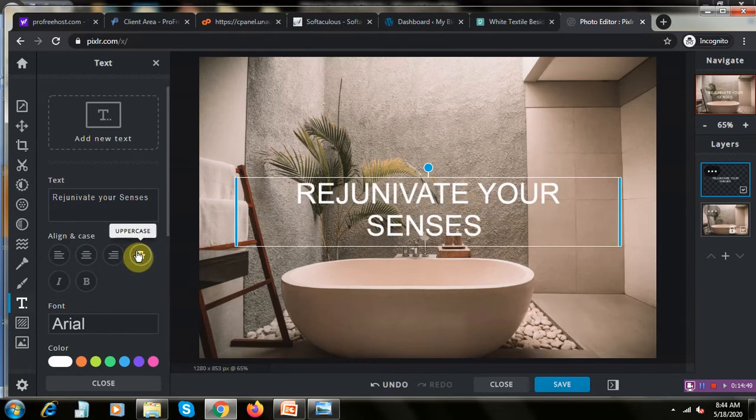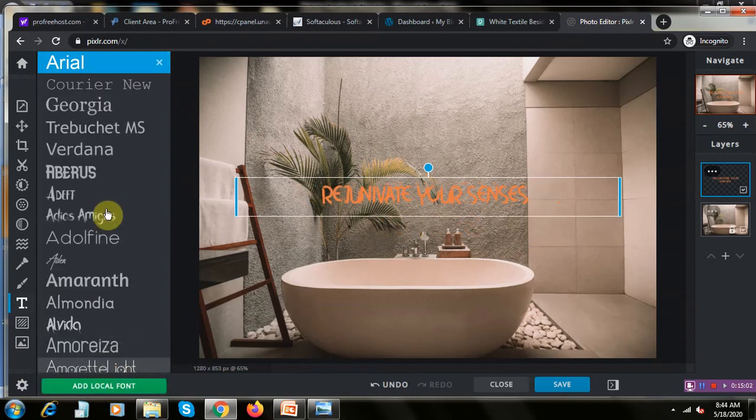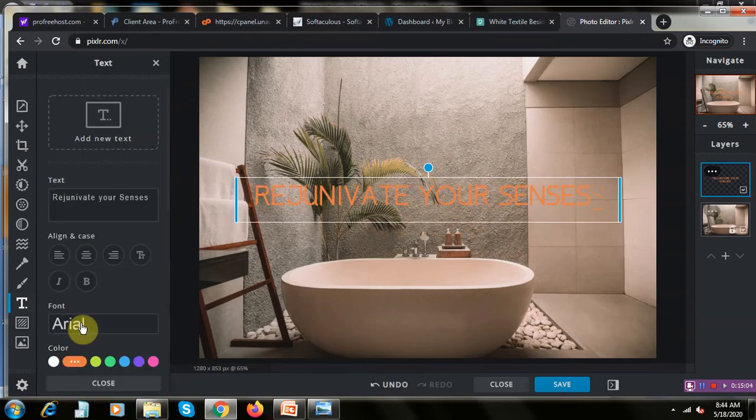You can change this if you wanted your text to appear in uppercase, and you can also change the color of your text and font of your text. You can use anything.